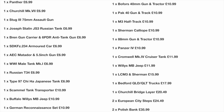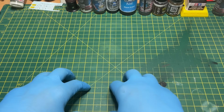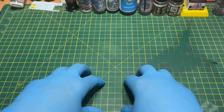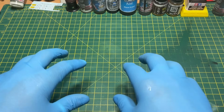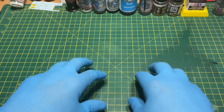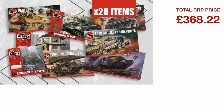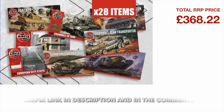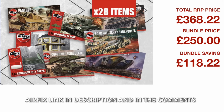So the grand total, if you bought all this singly, at recommended retail price, the Airfix website price. So I'm not trying to hoodwink you on pricing. This is what, if you go to the Airfix website, this is the prices you get. It will come to £368.22. If you then take the price of it, which was £250, which includes free postage, you are saving